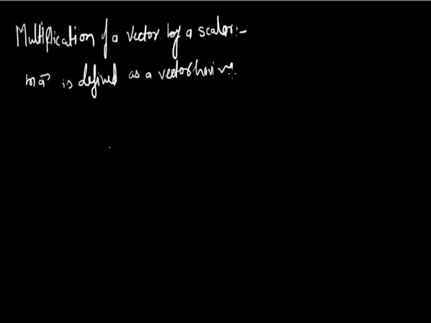Now start with the new topic: the multiplication of a vector by a scalar. Multiplication of a vector by a scalar. A vector m a is defined as a vector having the same support as that of vector a,